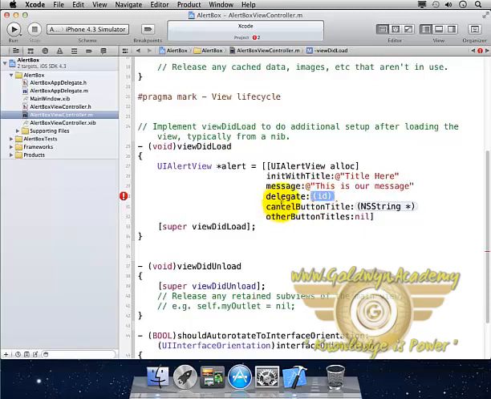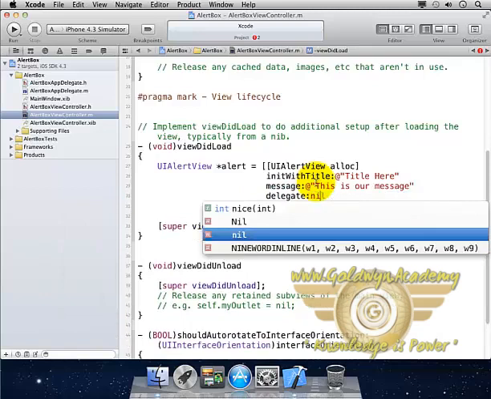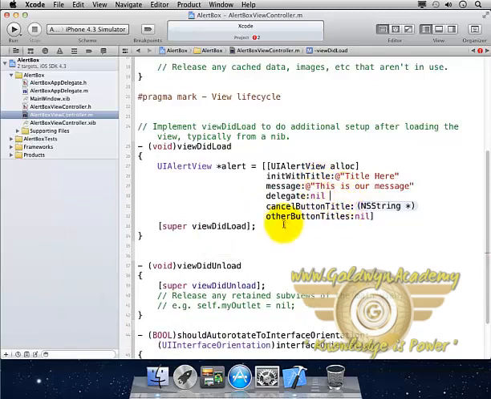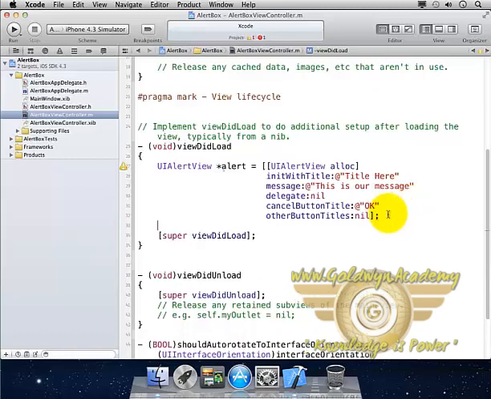Next is delegate. If we want to do some fancy stuff, like if we are having more than one button in our message box, we need this, but right now we don't need that, so we will make it nil. Just as we did this, other button titles nil, and the cancel button title will be okay. Here a semicolon. So we have actually defined an object,